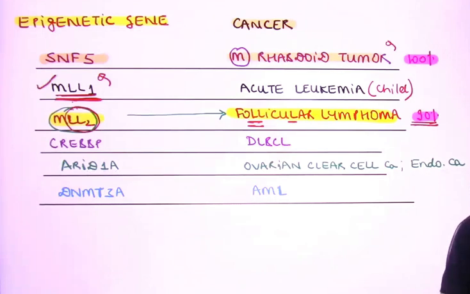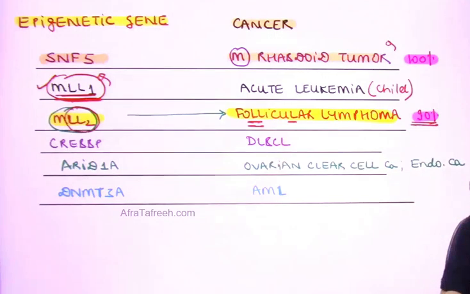Why is MLL an important thing for us to understand with respect to pharmacology? Any kind of cancer which is having MLL is usually associated whenever the individual has already been given a drug like the topoisomerase inhibitors. A secondary leukemia which is developing in a person after the administration of topoisomerase inhibitors is usually going to have a poor prognosis. So MLL1 gene is associated with acute leukemias in case of children, but please remember it's a bad thing for a child to have it because this is going to be associated with a faster rate of growth and a poorer prognosis.